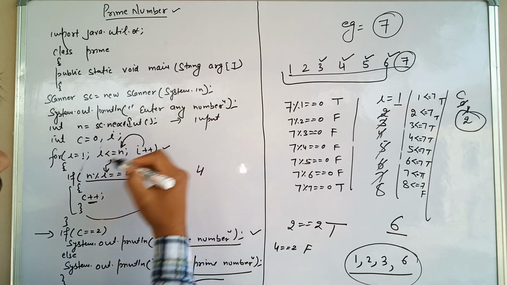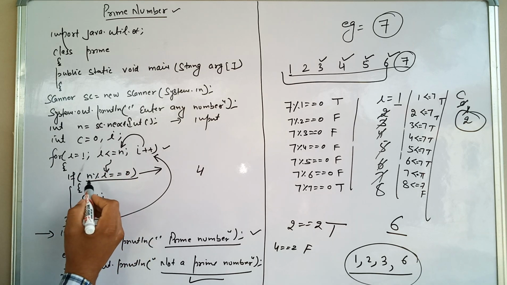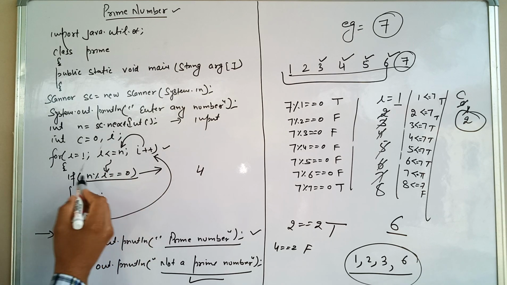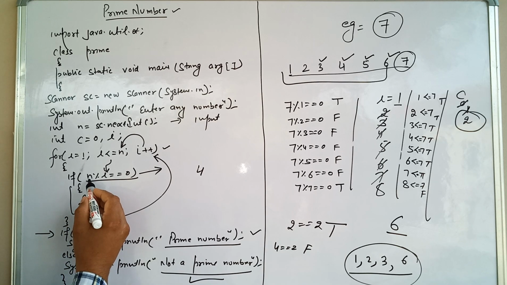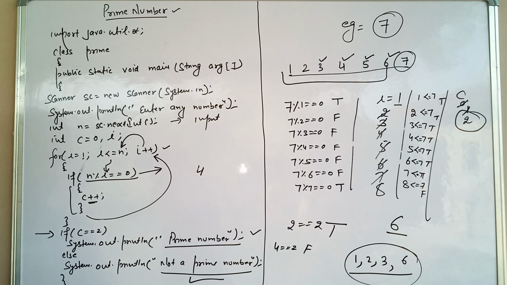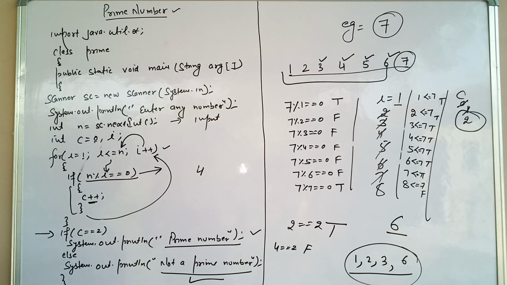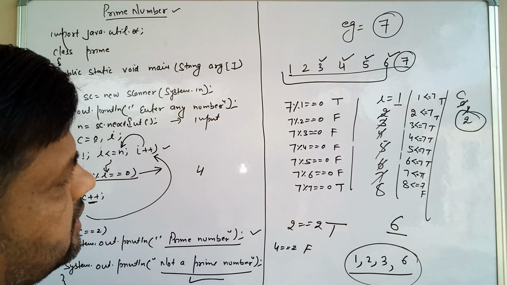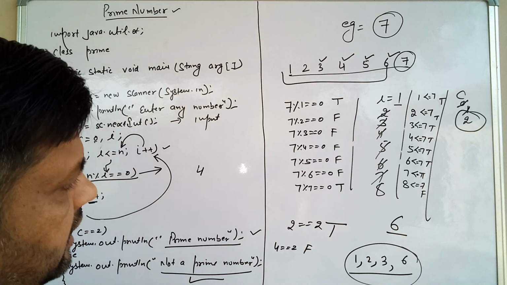So this is the overall logic for the prime number, and it is very important from the board examination point of view, and it is very easy. Just look at this for loop. This is a very important condition. Many students write I mod n, which is wrong. Here it must be n mod I. And this is the count variable. Its value must be initialized with 0 at the beginning. So like this you will write the code for this prime number program. I hope all of you understand this logic. Any doubt you can ask later also.